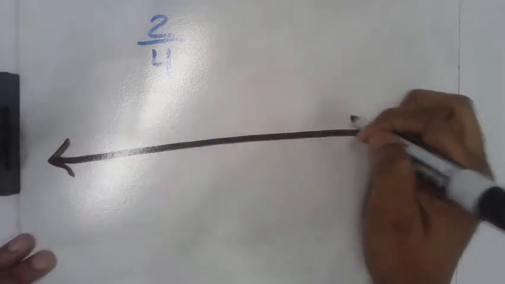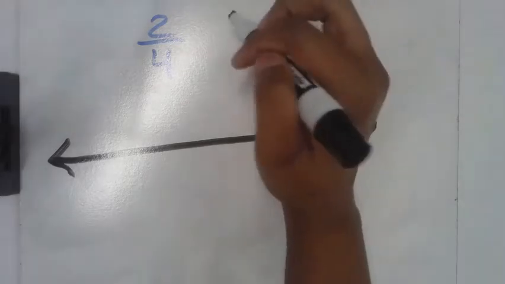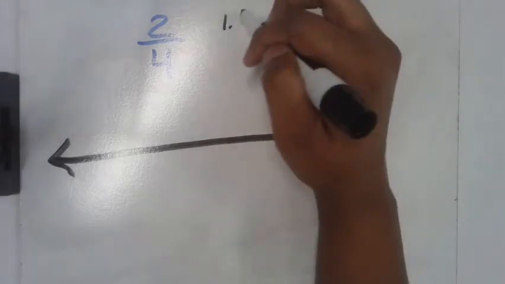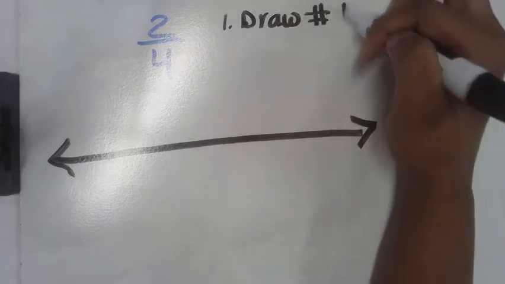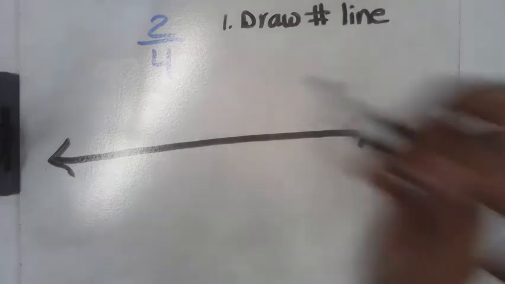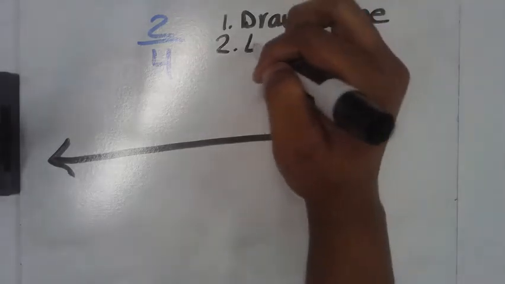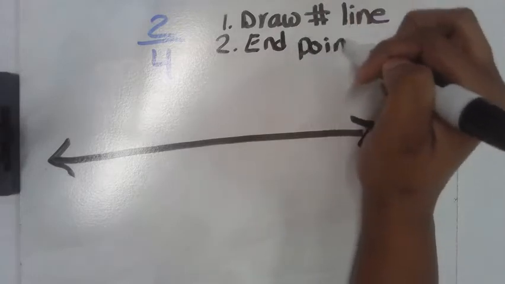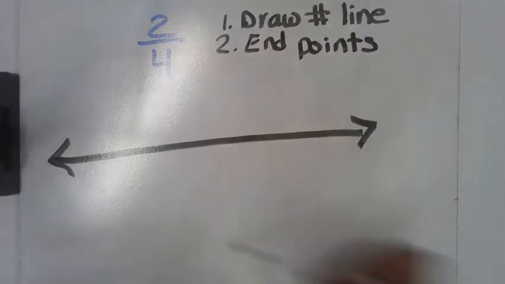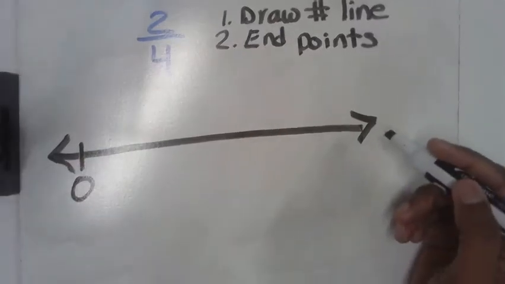Do you remember what the second step is? Are you thinking? Or are you waiting for me? The second step is to figure out our endpoints. So I'm always going to start at 0, and I need to figure out what is my endpoint going to